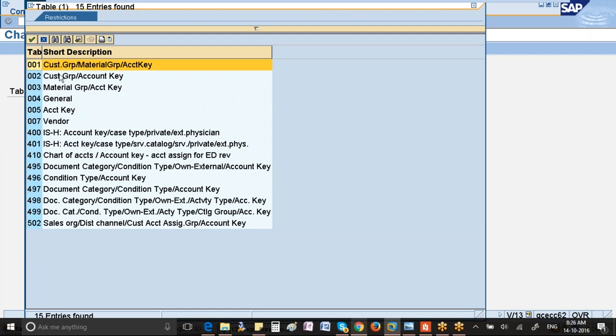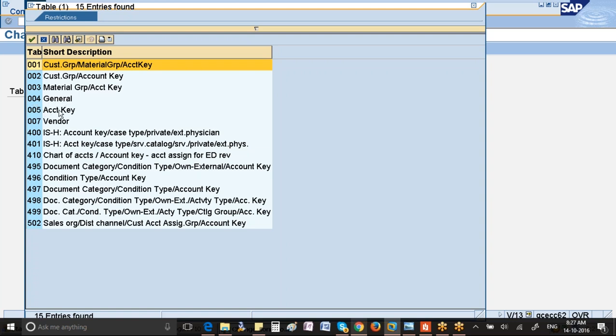You see, sales area is there by default, so you cannot see sales area here, but anyway sales area is here. Sales area, customer account group, material account group, and account key. Customer account group, account key, material account group, and this. So you see, the last, the fourth, the system itself is telling is general, but then after it's showing sales org and